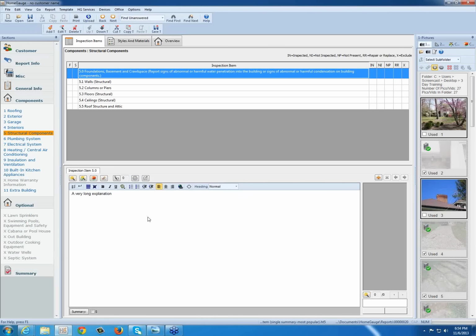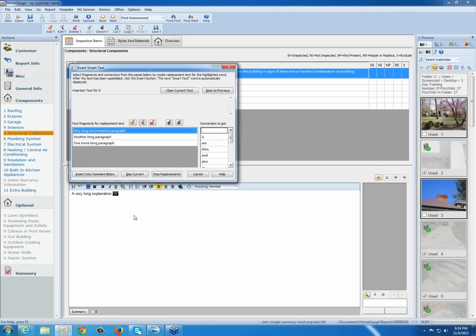So for you that are very fast typists, you could type in your defect explanation, and then just type in asterisk R asterisk, and then you, like I said, you hold the control and hit the space bar, and then here are your very long paragraphs,